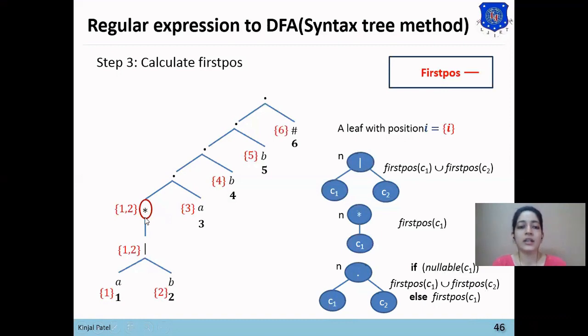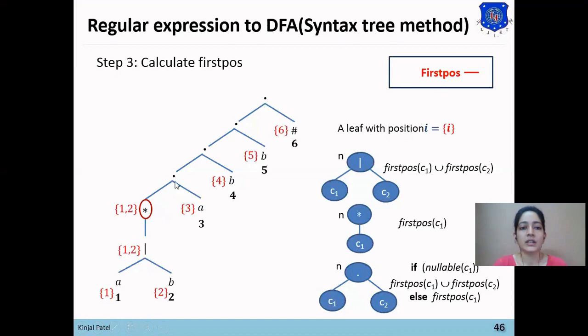So here we already know that star is nullable. So (A or B) star will produce the null string. So if nullable of C1 is checked, yes, C1 is nullable. So first position of C1 will be unioned with the first position of C2.